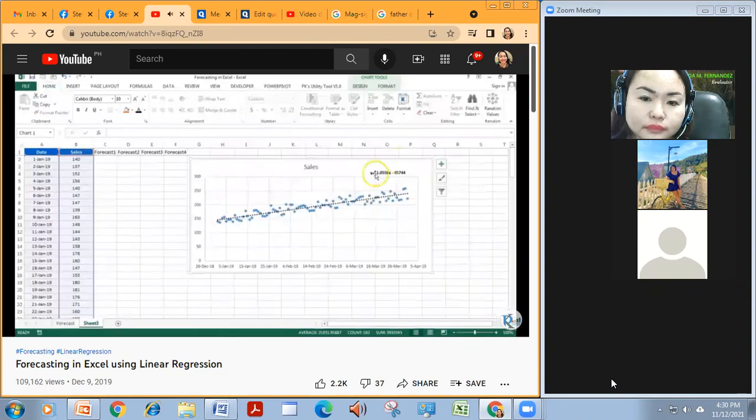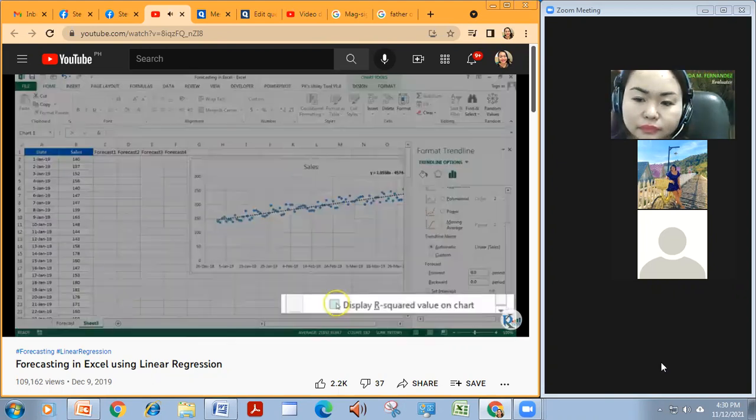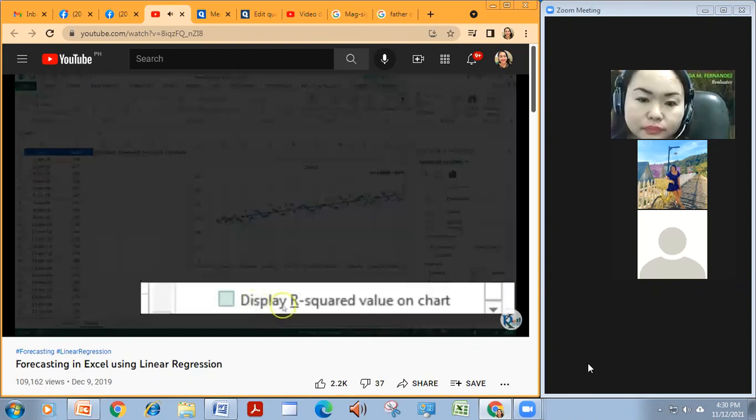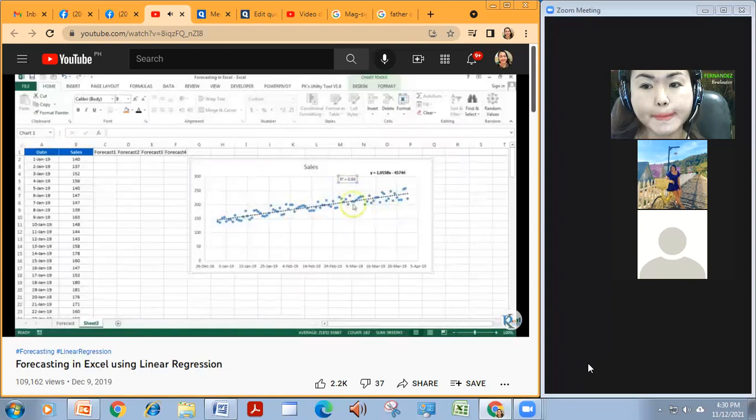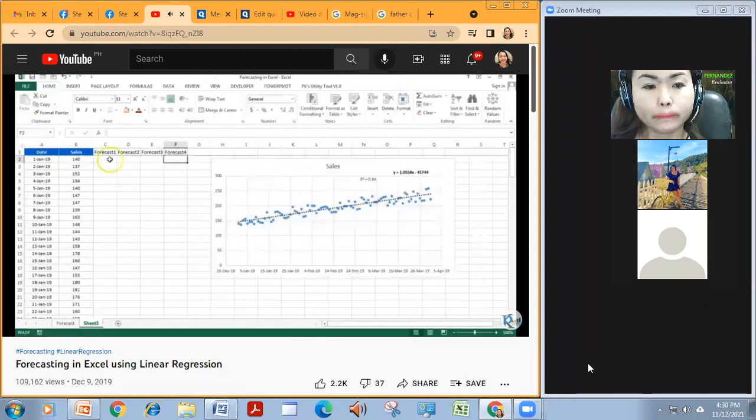Now let me just show the R square here also. Just go to the trend line, more options, and you can make the R square visible: display R squared value on the chart. Now you can see the R square value which is coming 0.84, which is good. That means all the data points are properly correlated with each other and our output of the forecasting will be more accurate. Now I'll explain you the first method to doing the forecast.